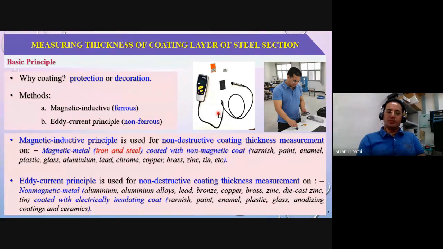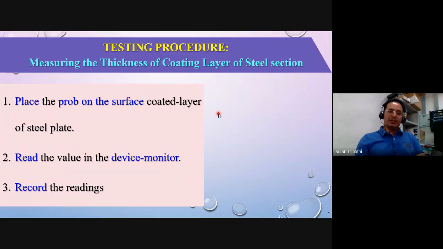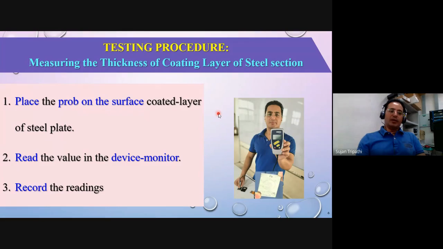And the next one is the eddy current principle, which is used for non-destructive coating thickness measurement on non-magnetic metal coated with an electrically insulating coat. So there are 2 methods. Now we are going to discuss the Ferrous method. This is the testing procedure for measuring the thickness of the coating layer of the steel section. At the beginning, we place the probe on the coating layer of the steel plate, and then we read the value on the device monitor and record the readings